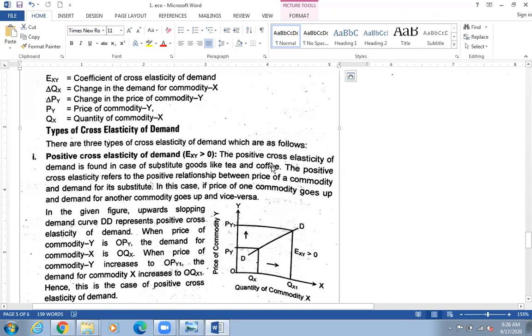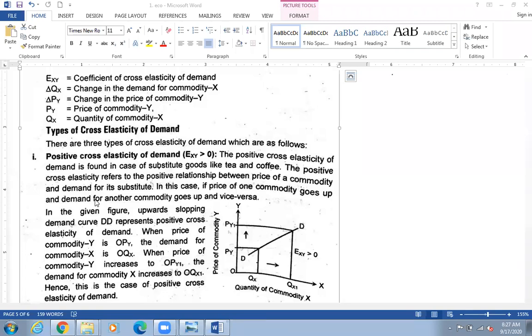The positive cross elasticity of demand is found in case of substitute goods, like tea and coffee. So tea and coffee ma, you can see a positive relation between them. So why can we see a positive relationship? Because the positive cross elasticity of demand refers to the positive relationship between the price of a commodity and